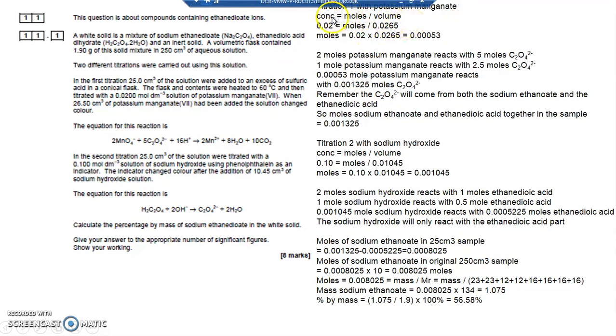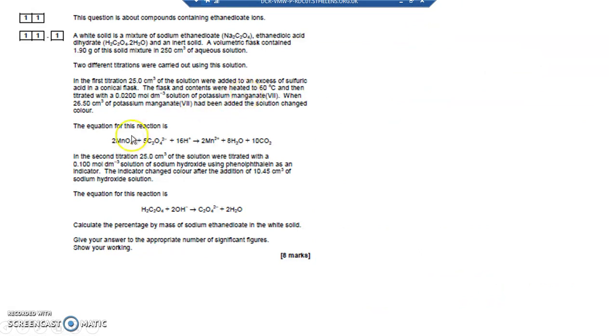So concentration is moles divided by volume. Concentration is 0.02 equals moles divided by volume. I've put the volume 26.5 centimetres cubed. I've divided by 1,000 to get into decimetres cubed. So from a small unit like centimetres cubed up into a larger unit like decimetres cubed, you divide by 1,000, 0.0265. The number of moles is 0.02 multiplied by 0.0265, 0.00053. So that's the number of moles of potassium manganate(VII), which is this that I'm going to react with